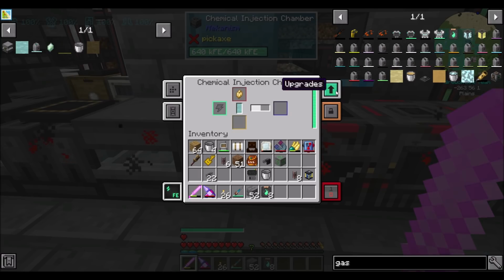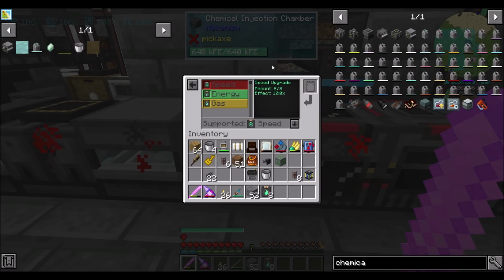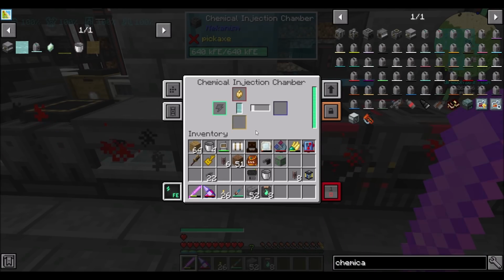So who's the slowest point of this? Chemical injection chamber? I assume that there's no upgrade, so he's going to basically just run as fast as he is now. And that's okay. That's okay. Because it'll take a little longer to process, but it's still going to quintuple. And we're only going to process...